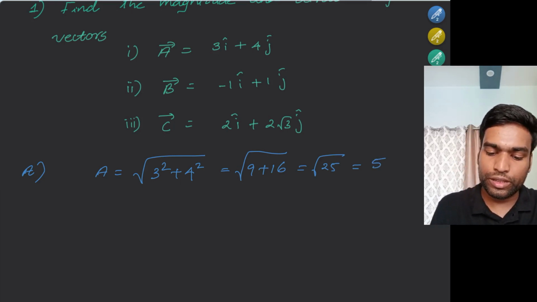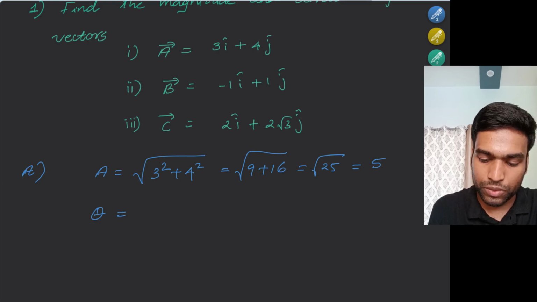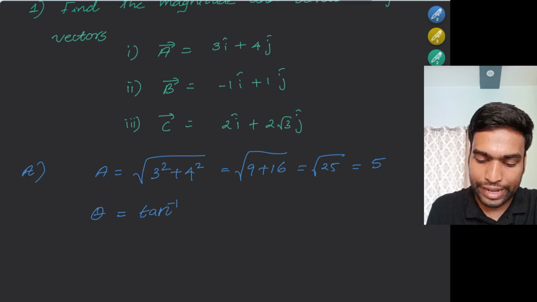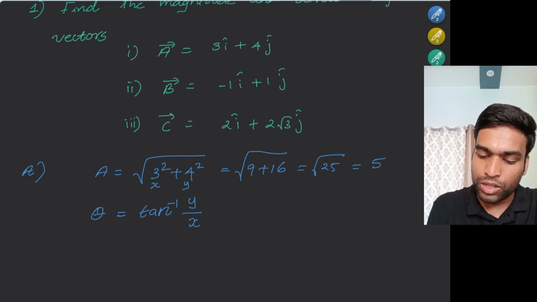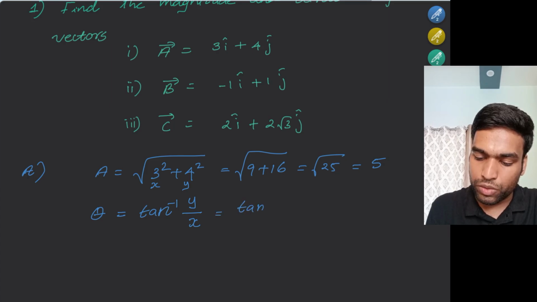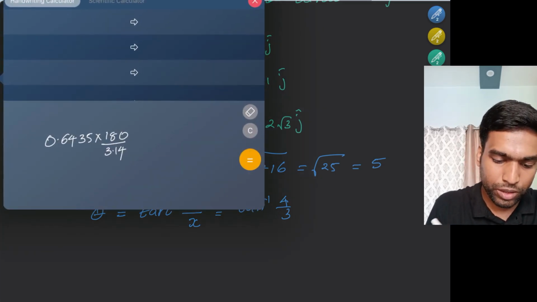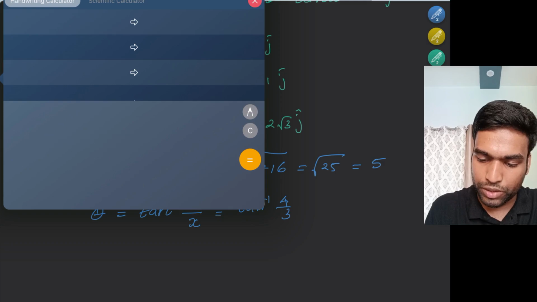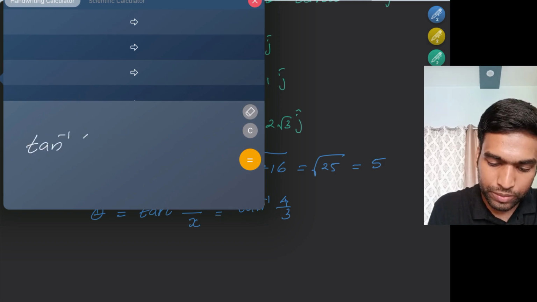Now, how to find the direction? We know that theta equal to tan inverse y divided by x, correct? Where x is 3 and y is 4. So tan inverse y by x is tan inverse 4 divided by 3, which we can find using a calculator. So let me open the calculator and do it here. Tan inverse 4 divided by 3 equals